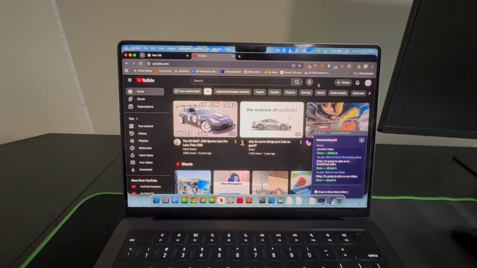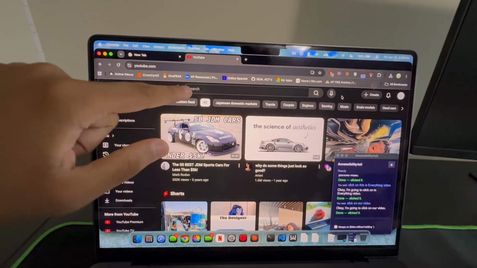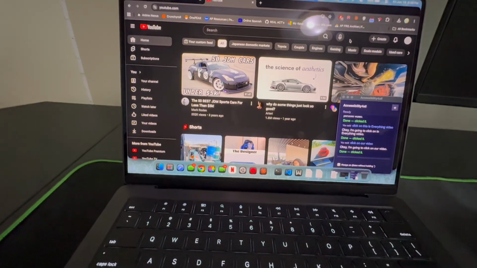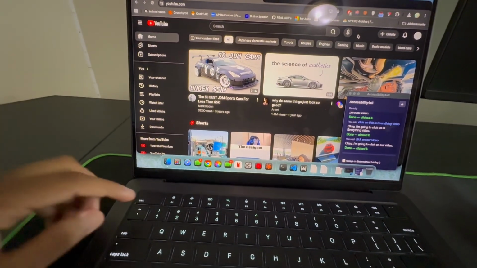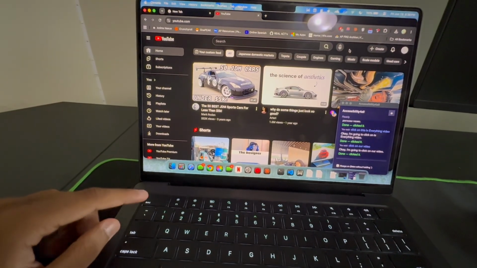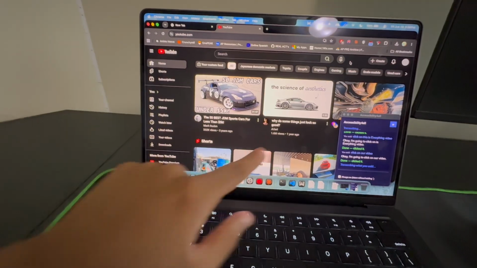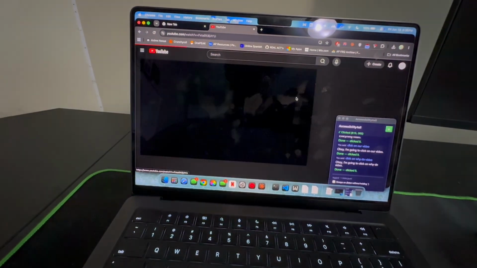So here's another feature that I find cool. And rather than searching up things up here and then navigating the cursor with your voice, you can rather just say just what video you want to click on to the voice assistant. So I'll just say, click on why do video. So I'll just say the first couple words of the video and it should automatically click on it for me